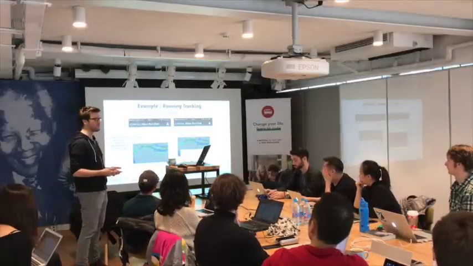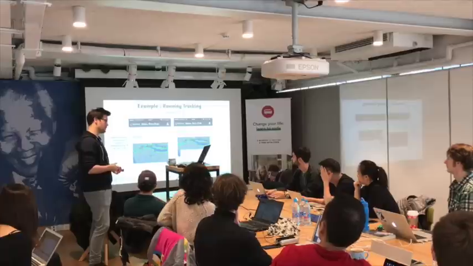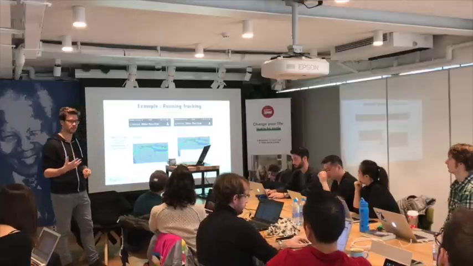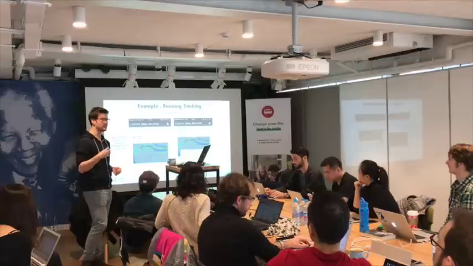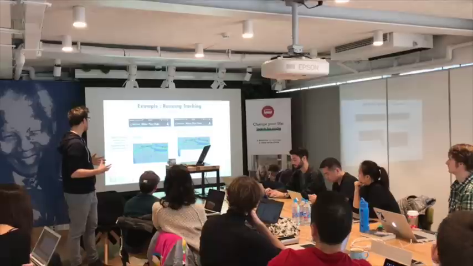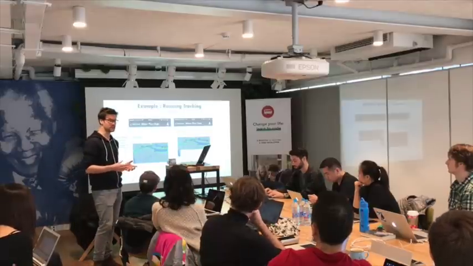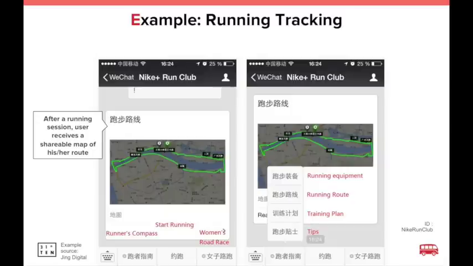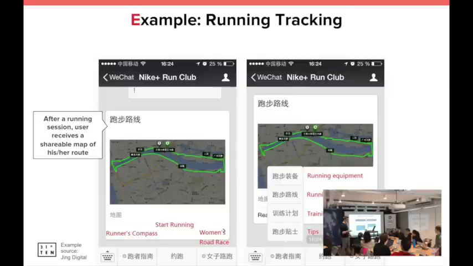One of the most impressive examples was the Nike official account. They leveraged the functionality of the official account that gives you access to the GPS data of the person to create a run tracking app inside WeChat. The person just follows the Nike account and says, okay, I'm starting my training on the official account, leaves the official account open and starts running. In the end, WeChat will send them a card of what they ran and other statistics. That's one of the most advanced functionalities out there.